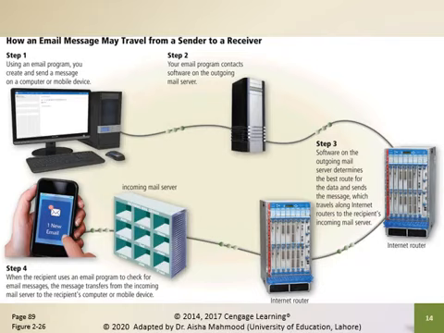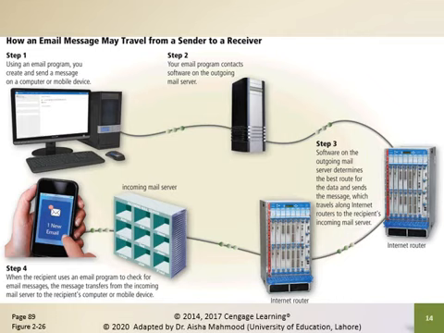How an email message may travel from a sender to a receiver. In this picture you can see how an email message may travel from a sender to a receiver. So in step number 1, using an email program, you create and send a message on a computer or a mobile device. As step number 2, your email program contacts software on the outgoing mail server. Then as step number 3, software on the outgoing mail server determines the best route for the data